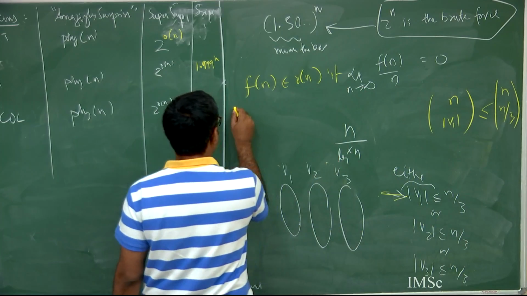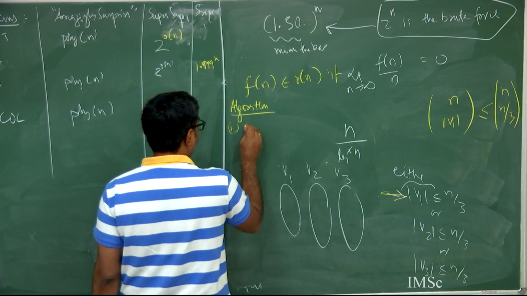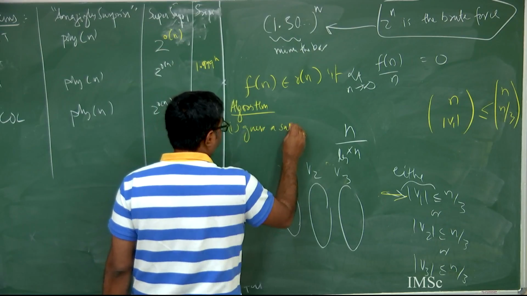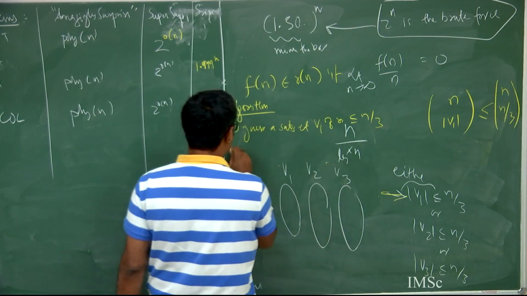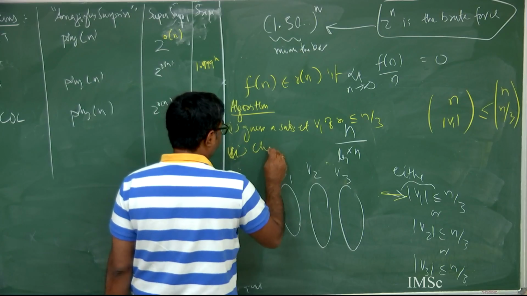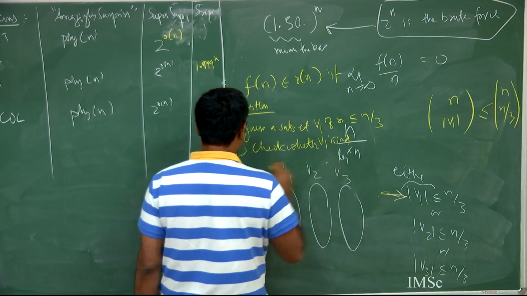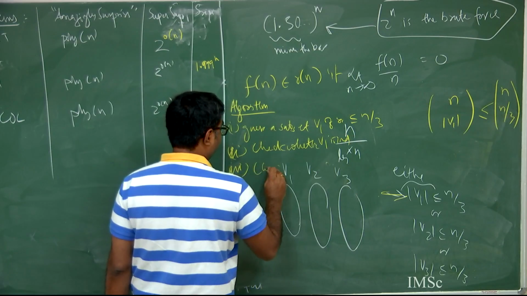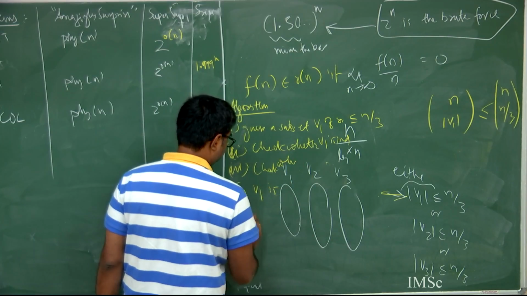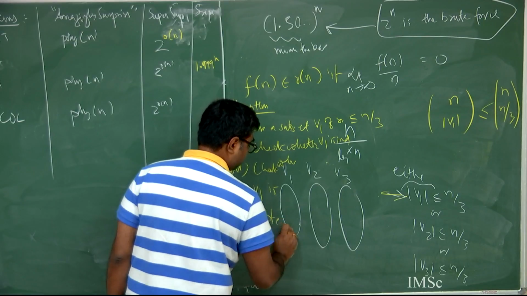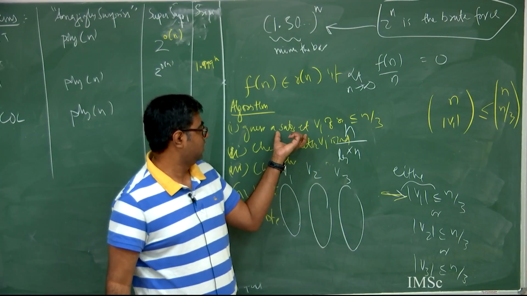My algorithm is: guess a subset V1 of size at most n by 3, and what should be the second thing? Check whether V1 is independent. Third, check whether G minus V1 is bipartite. I'm done, right? So basically, the running time of the algorithm is dominated by the guessing of this subset, which